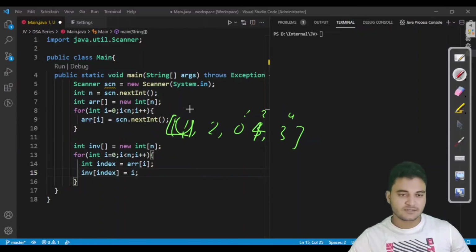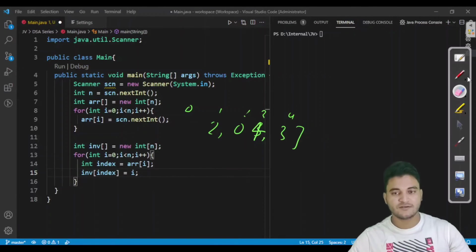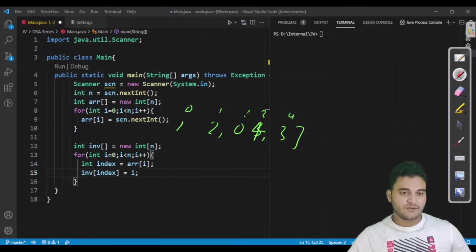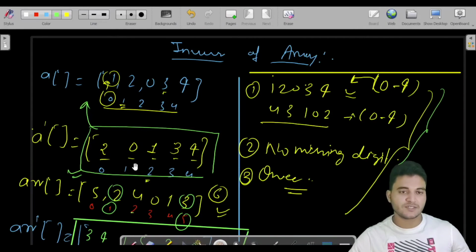So let us say this is 0 and this is 1. Look at the condition which I have just written, which is very important. This is the value which is ARR of I, ARR of 0. So index contains 1 for now, and this is 0, which is I. So 0 would be stored on the first index. That is exactly the point which we have discussed here.